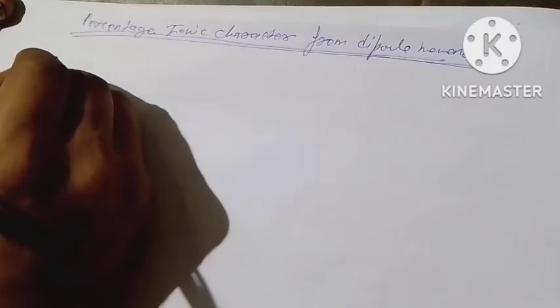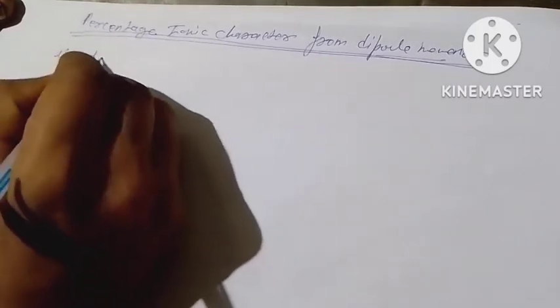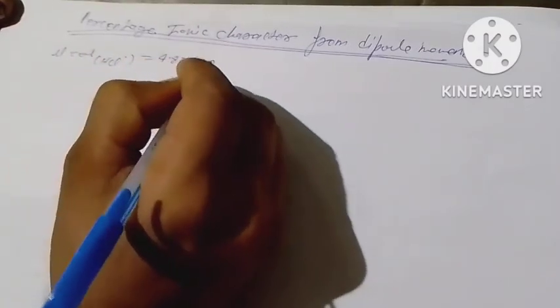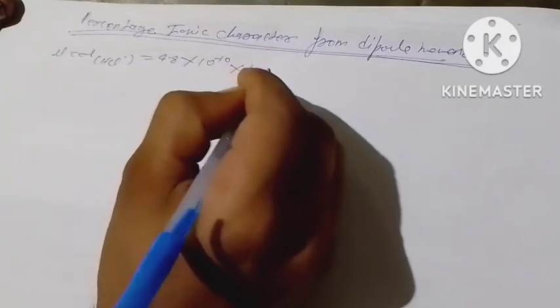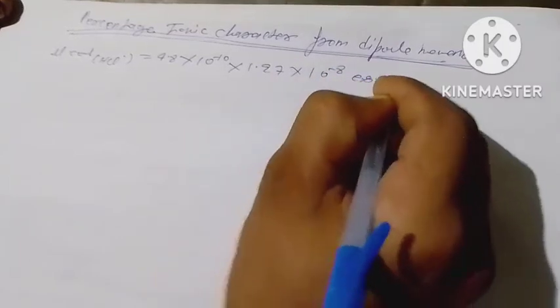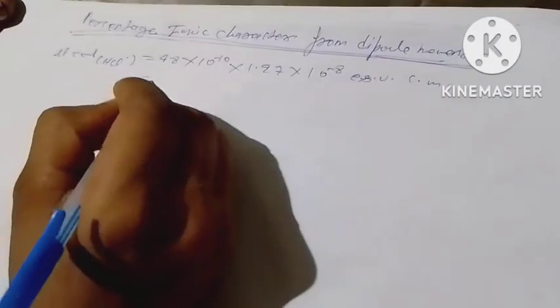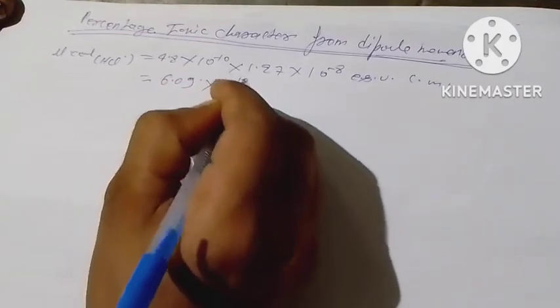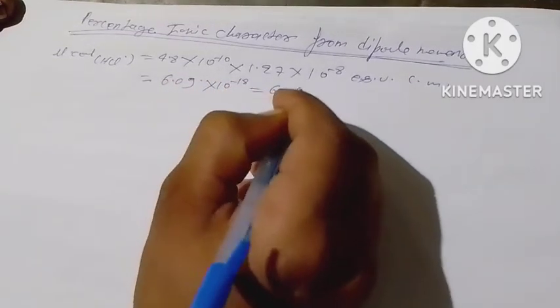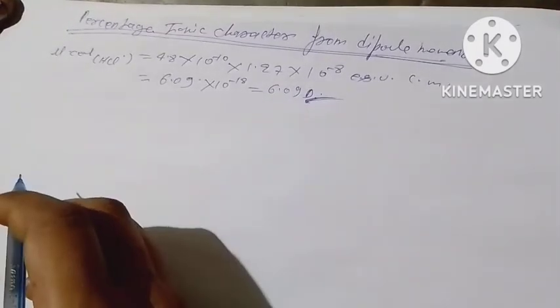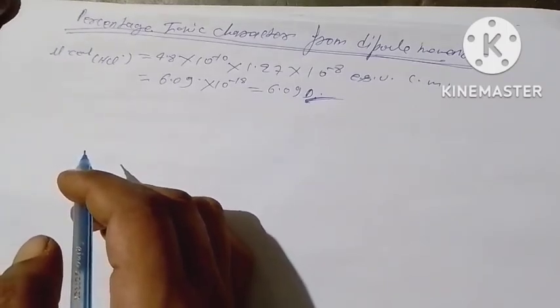The dipole moment in the hydrogen chloride molecule, mu calculated for HCl, is 4.8 × 10^-10 × 1.27 × 10^-10 ESU centimeter. That is converted to 6.09 × 10^-18, which equals 6.09 D. But the experimentally observed value of mu for HCl is